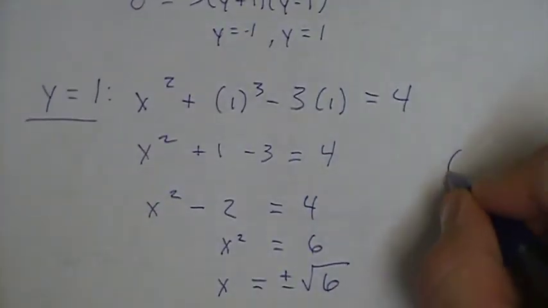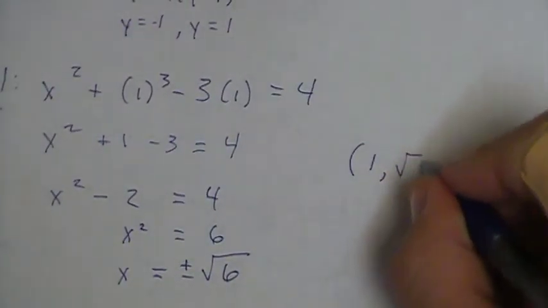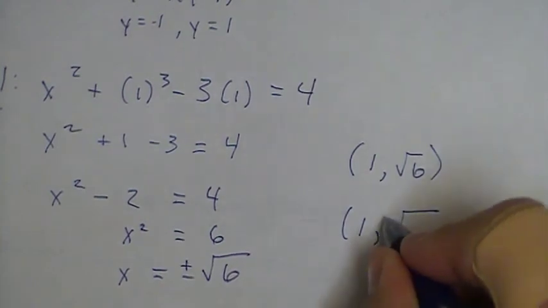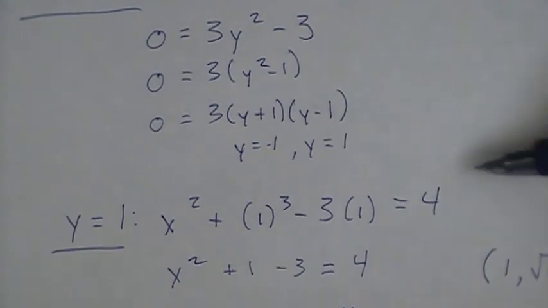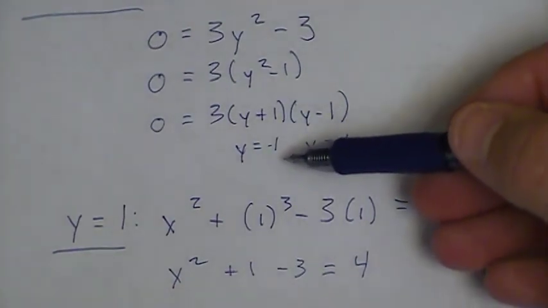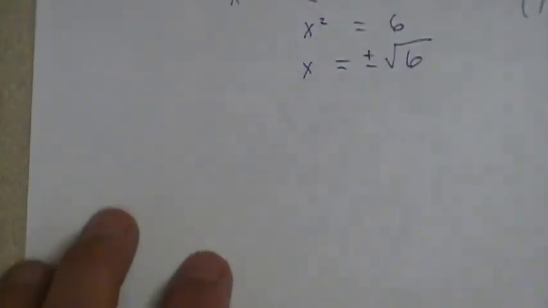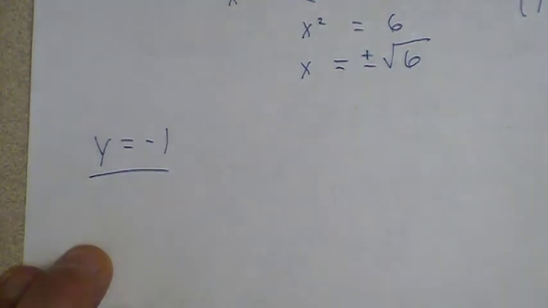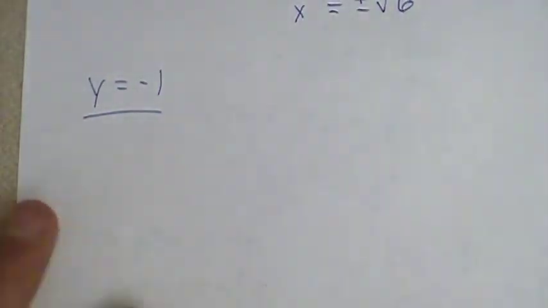So I'm just going to jot these ordered pairs down. We have one vertical tangent at (√6, 1). We have another vertical tangent at (-√6, 1). Now we did get a second y value that made the derivative's denominator 0, or made the derivative undefined. So I'm going to also do the same thing with that y value. So where on the graph of the relation is y equal to -1? So I'm going to put -1 in place of